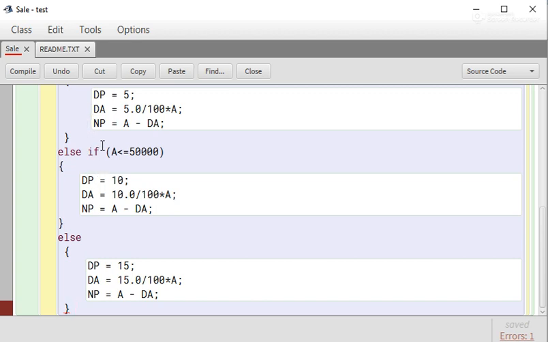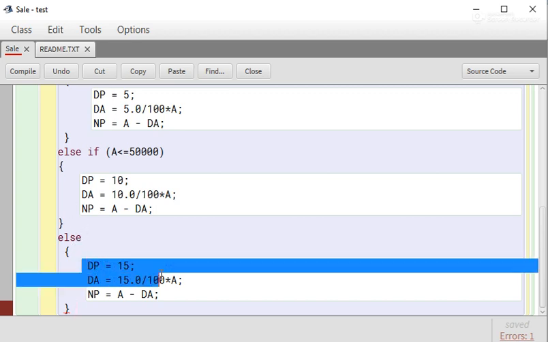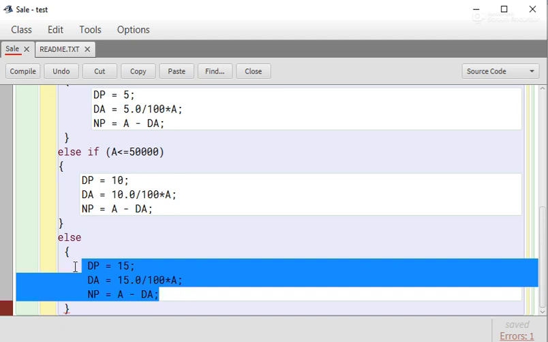So if all the above cases are false, then control comes to the else section and executes these three lines: discount percent equals 15, discount amount equals, and net payable equals.